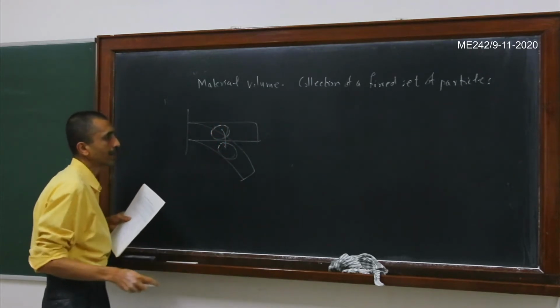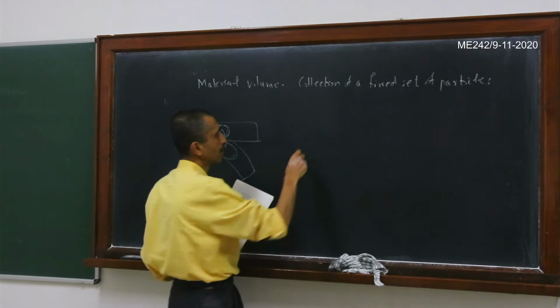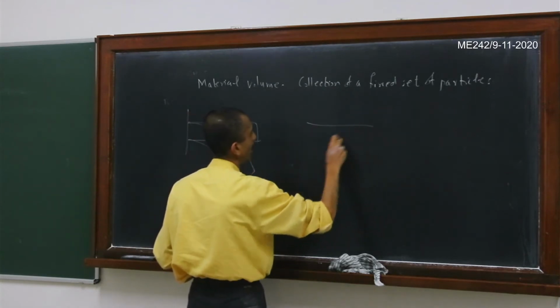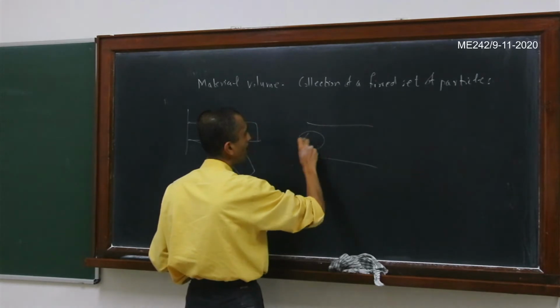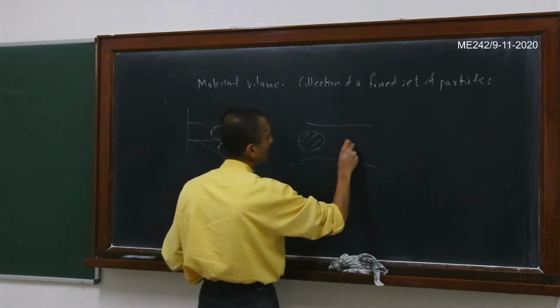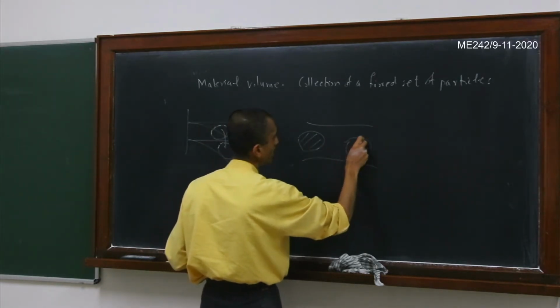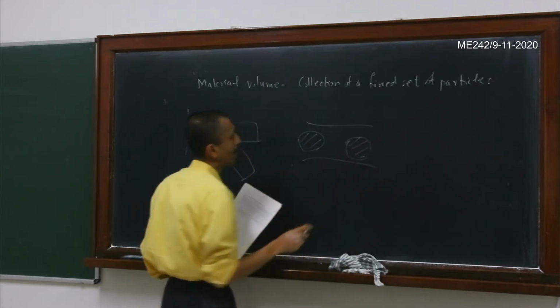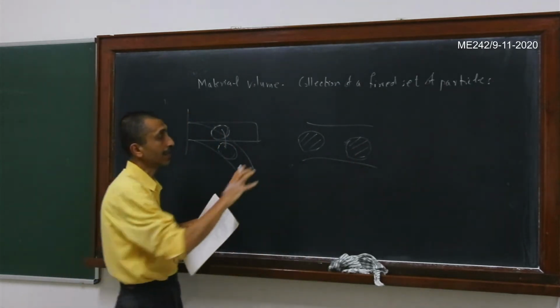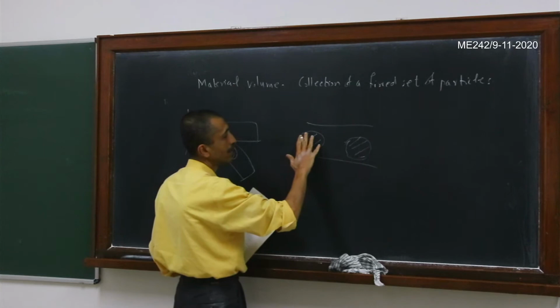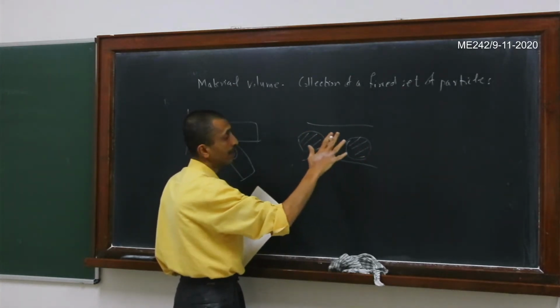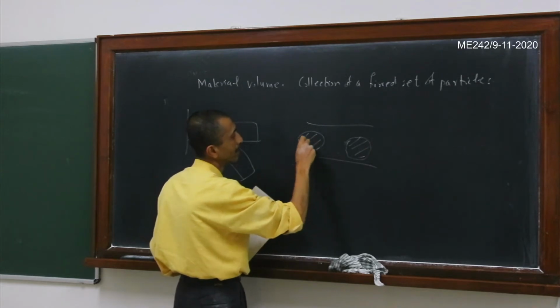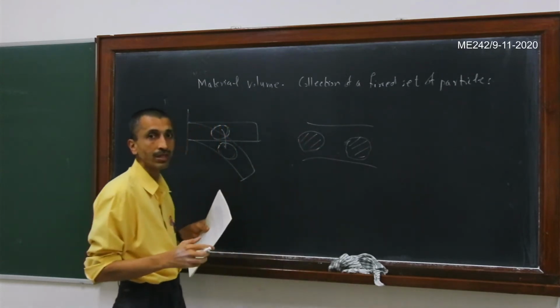So again, another example would be in fluid mechanics. Suppose you had some flow in a channel, and now you are looking at some blob of fluid. And then it evolves, and then it goes into some other shape. But again, we are considering the same set of particles. Okay, so that means nothing enters the material volume and nothing leaves the material volume. And then the choice of this material volume is completely arbitrary.